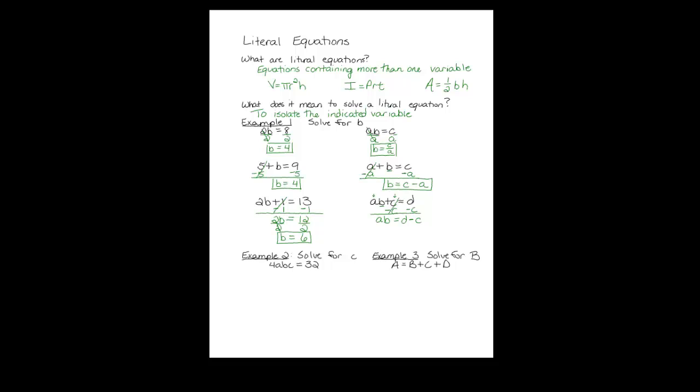All right, now we have ab equals d minus c. We need to solve for b again. So we have a times b. To undo multiplication, we divide both sides by a. And be very careful here. You have to divide everything on the right-hand side by a. Not just the d, not just the c, everything. So over on the left, the a's cancel and leave you with 1b, or just b, equals d minus c